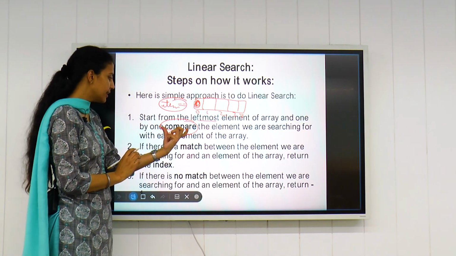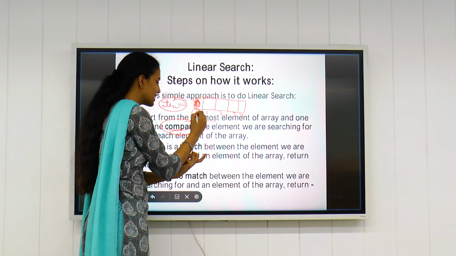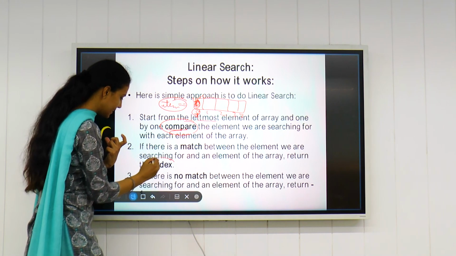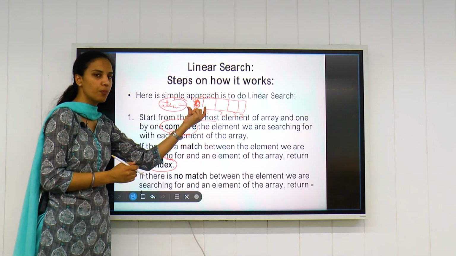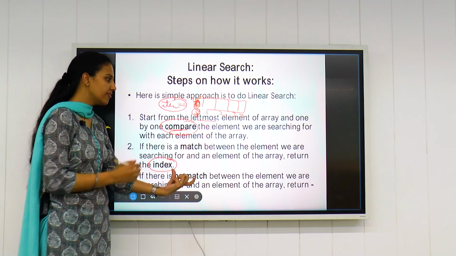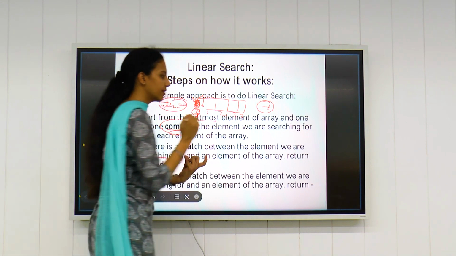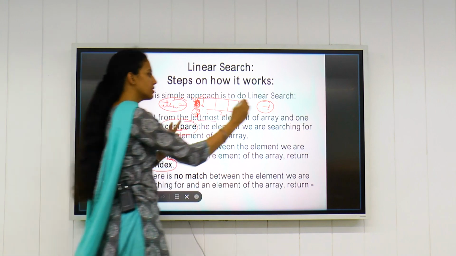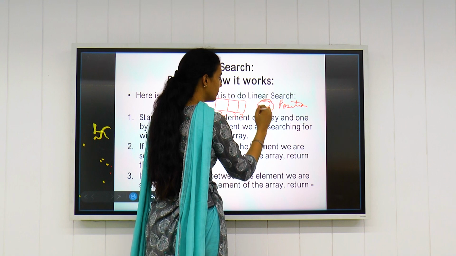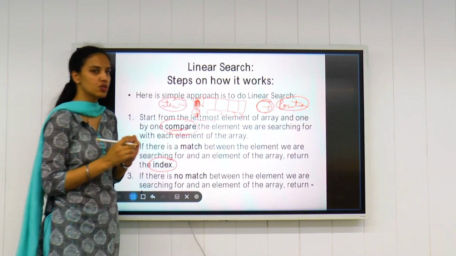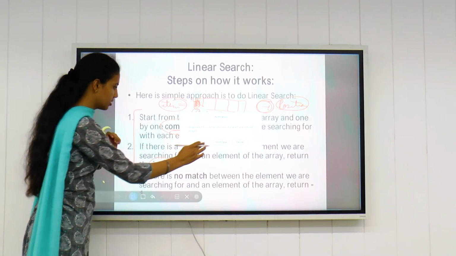If the element exists, or if this position matches, then the output will be shown as that specific index value. That is, the position or index is shown as the output if it is a proper match. Third and last, if the element does not match, then the output will be shown as -1. So the output will be only two. First is the position, which will be shown if the element is present. Second output will be -1 if the element is not present in the list. These are the three steps which work for linear search.